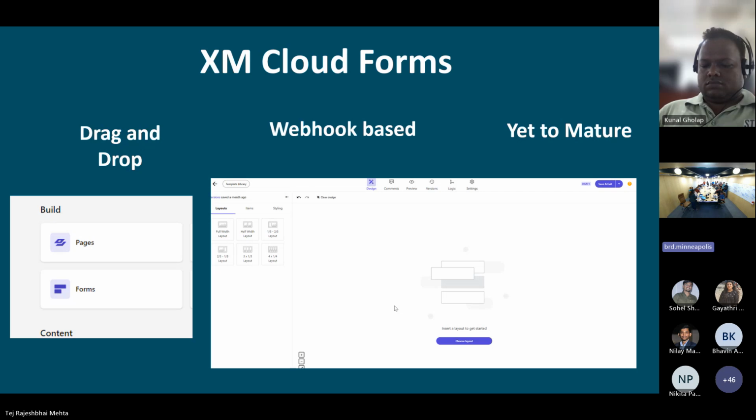And last is XM Cloud Forms. It is like a drag and drop feature. You can create a form through available fields. Most of the fields are available out of the box. You just drag and drop, create the form, and then